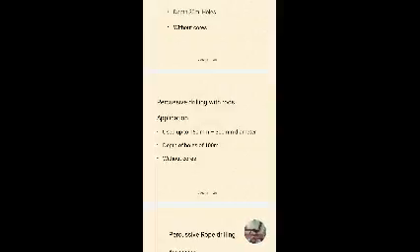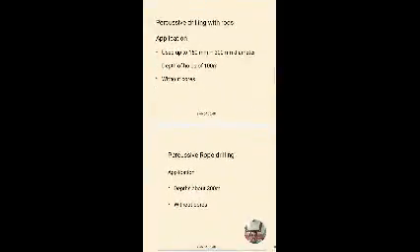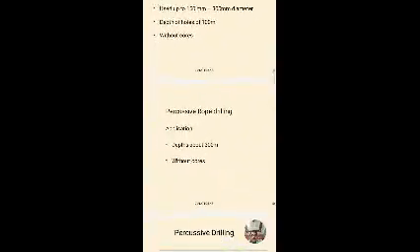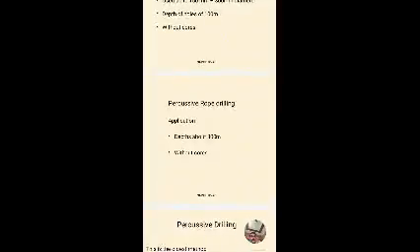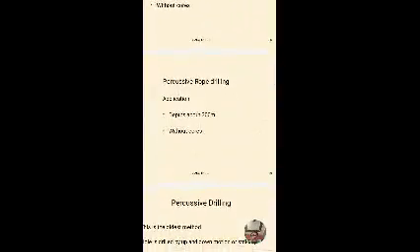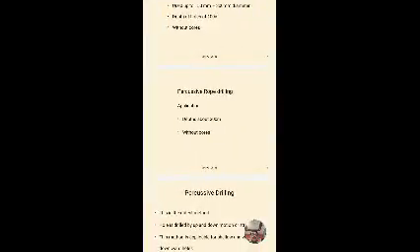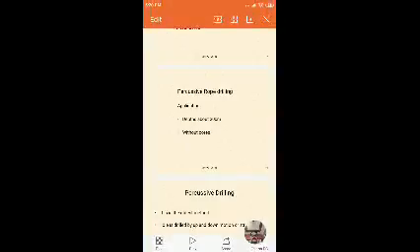So percussive rope drilling applications have depth up to 300 meters without cores. Cores you will not get in the entire percussive method of drilling. You will not get any core.